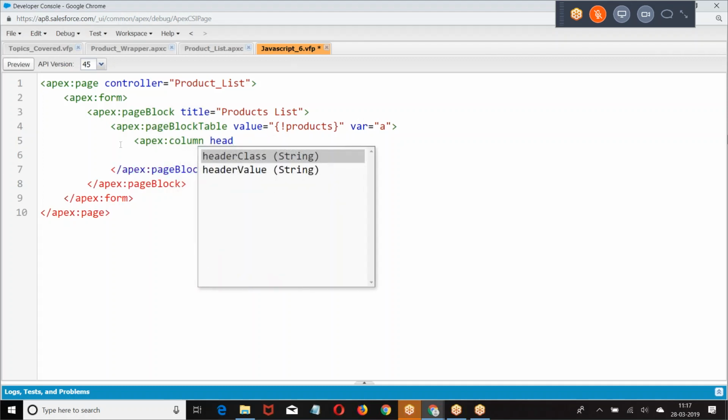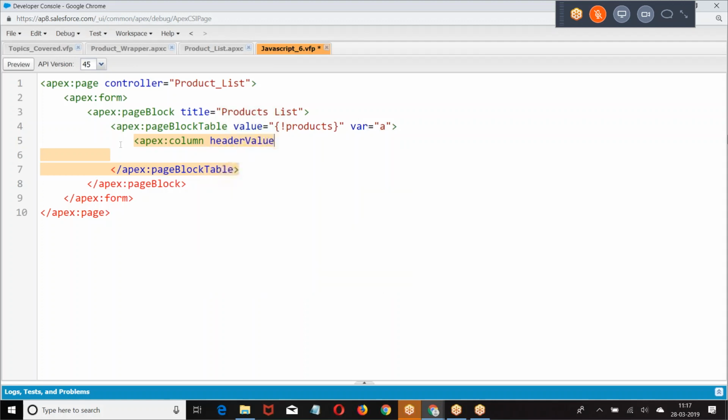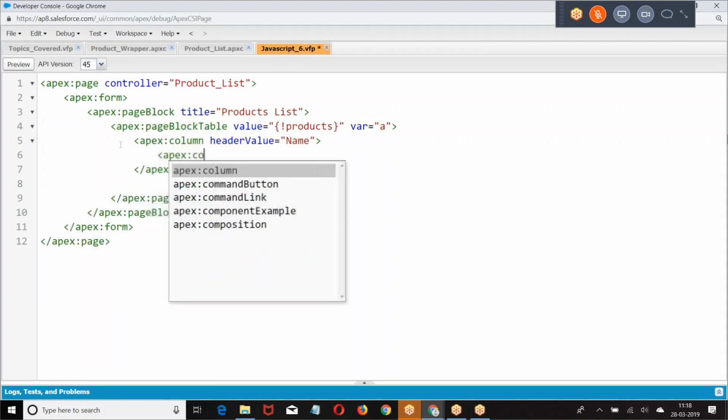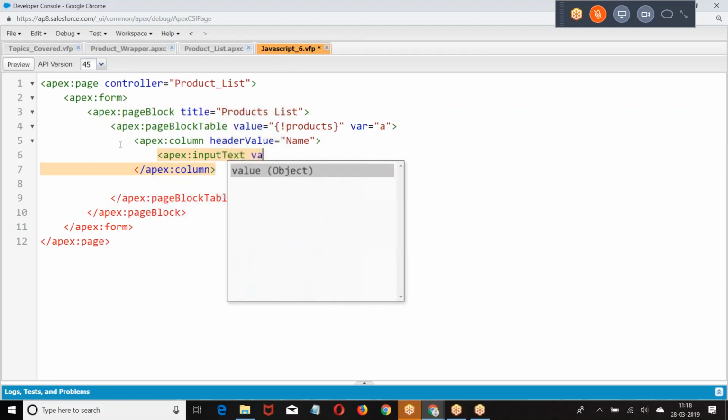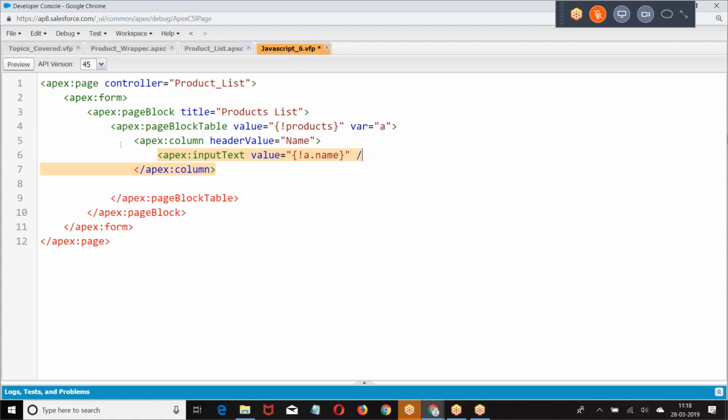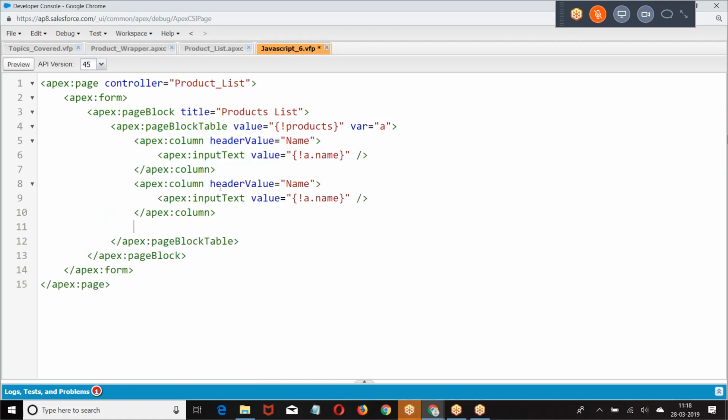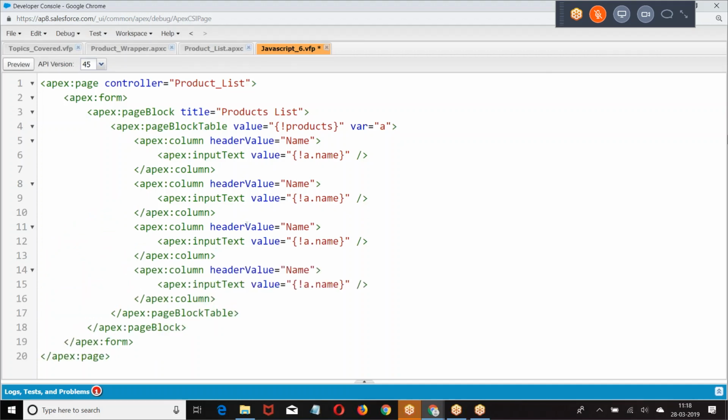We are going to give that input text. Right. And I have name. Price.